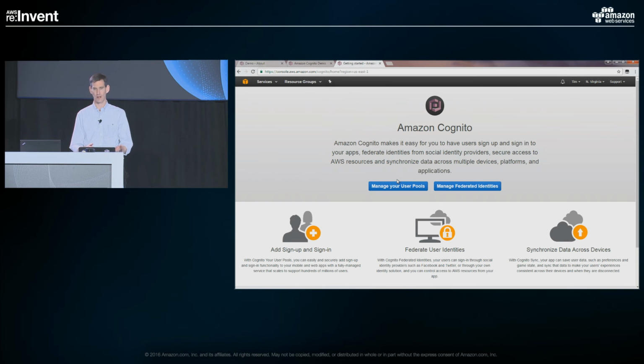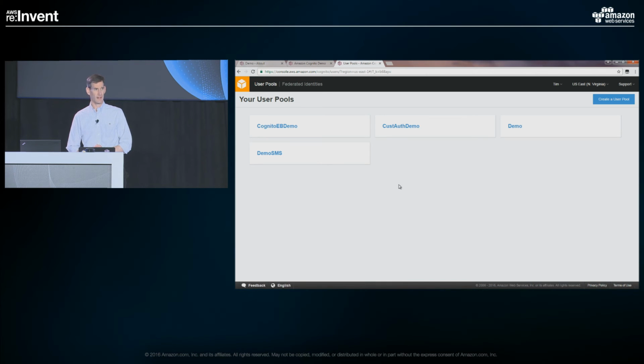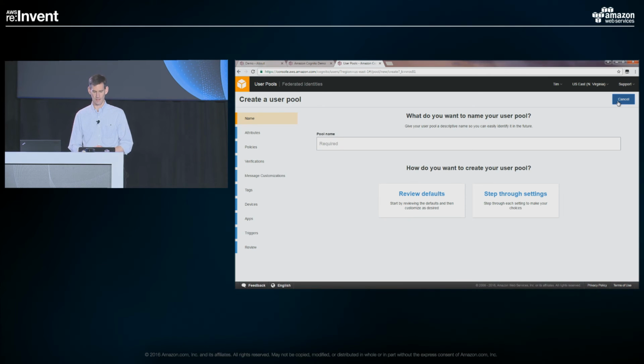That's that managed directory. If you're interested in the Federated Identities piece, which is how we manage permissions and authorization, you could go down that path. But we'll go over here to user pools. And it's going to show me the list of user pools I have already in this region. And I'm going to go through the choices you get when you create a new one so I can give you a sense of what those look like. So let's say timpool123 is the one I'm going to create today.